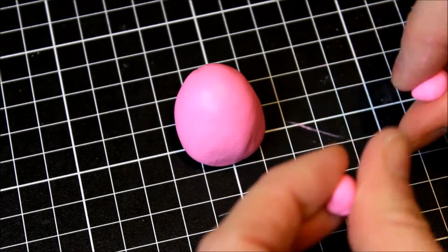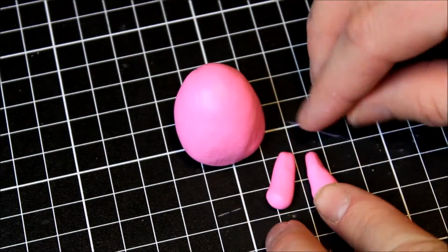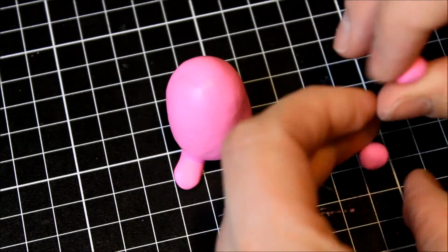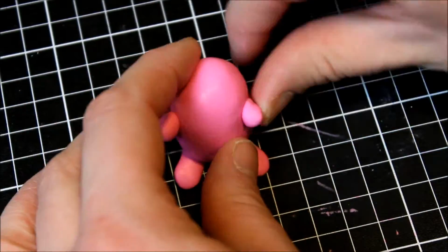So once you mix your colors, go ahead and roll out a ball as big as you want your little Wigglytuff to be, and then sort of create a little oval shape for the little body and head. Then go ahead and roll out little snakes for the legs and pinch off little balls for the little Wigglytuff's